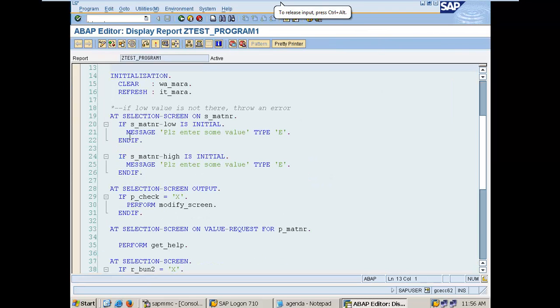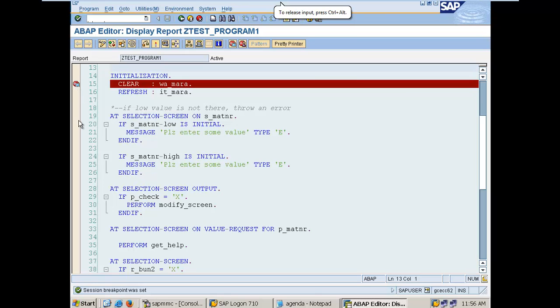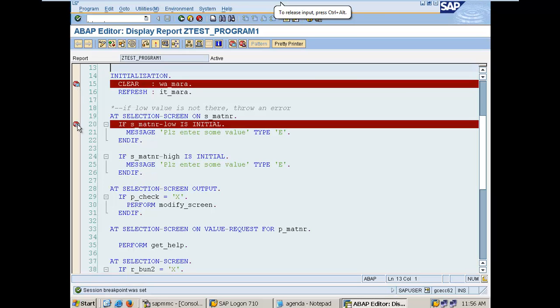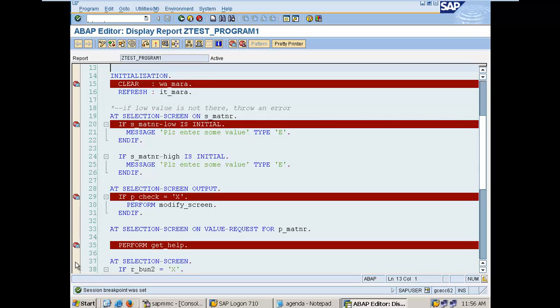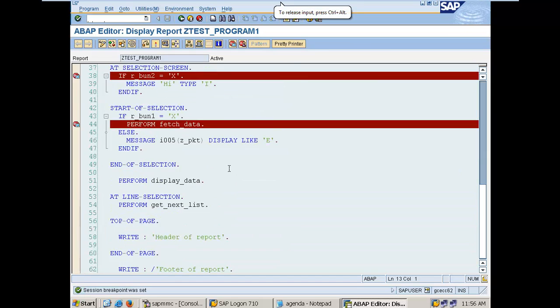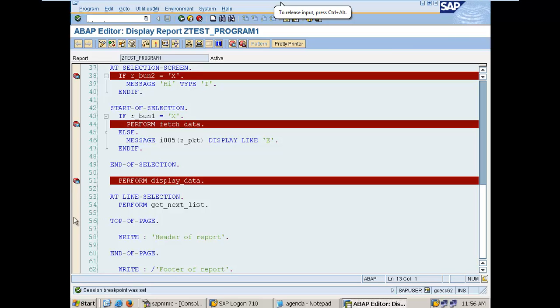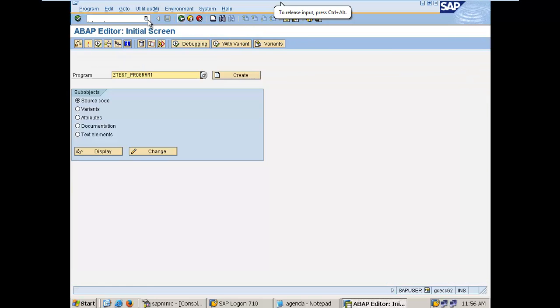So what I can do is put a breakpoint in initialization, at selection screen output, at selection screen on, everything. I'll put a breakpoint so that my code would stop there. Now if I go back,